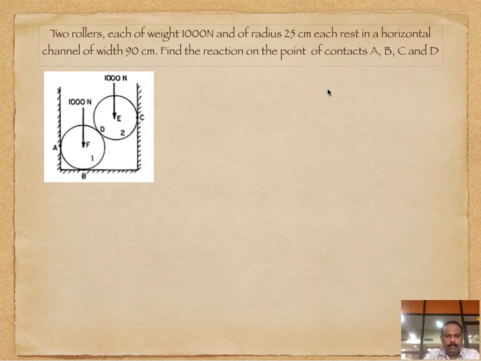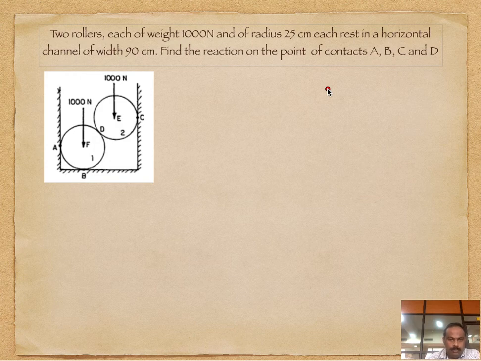Hi, now let's try to do one problem. In this, two rollers, each of weight 1000 Newton and of radius 25 centimeter, each rest in a horizontal channel of width 90 centimeter. So, find the reaction on points of contacts A, B, C and D. So, here we have the problem